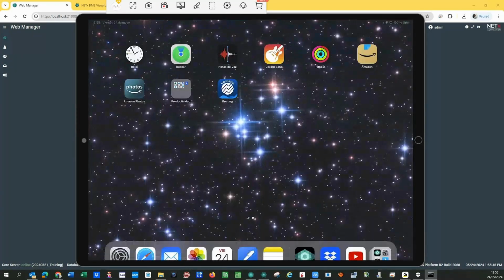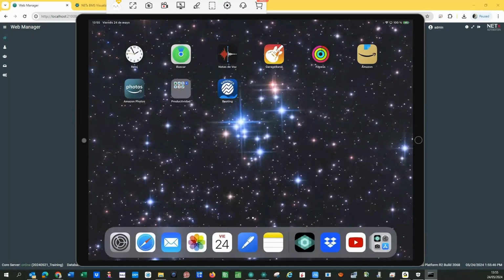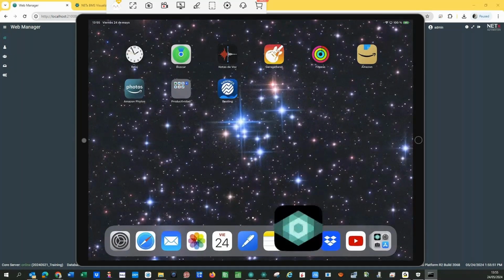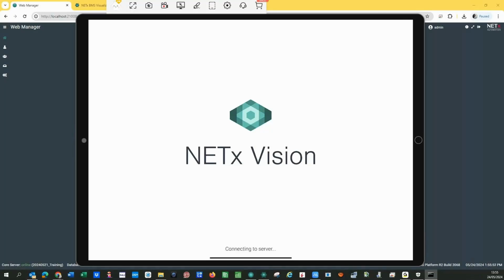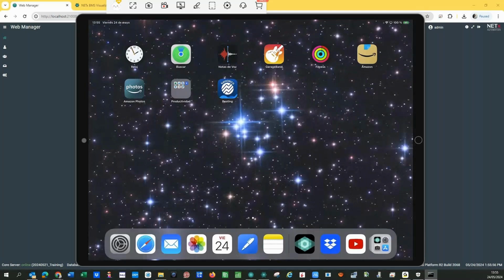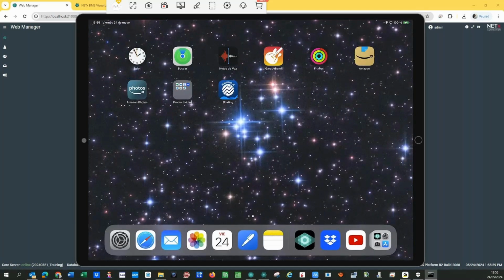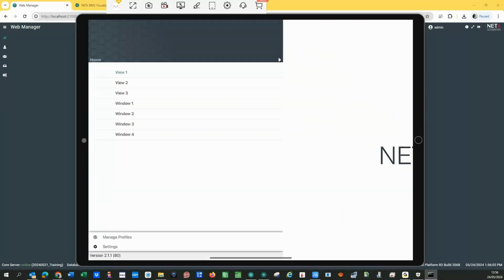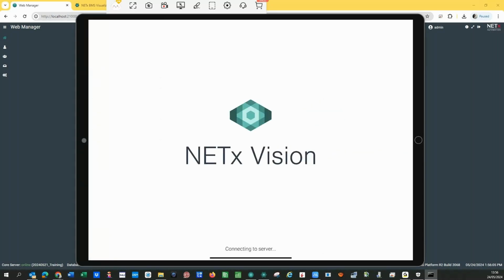No, it's not opening. It doesn't want to show me the lights. Control all the shutters. No. Oh, maybe yes, but it's on another page. No, never mind. I have to check it because normally